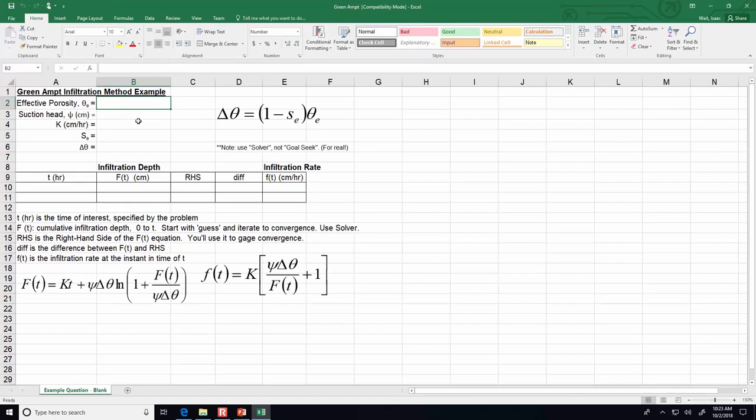So our effective porosity was 0.423. The suction head was 29.22. The K value was 0.05. The S sub E, 0.45. And then the delta theta, 1 minus S sub E times